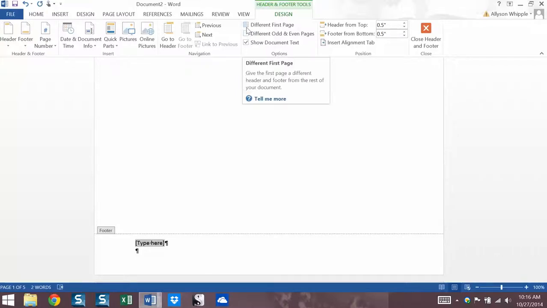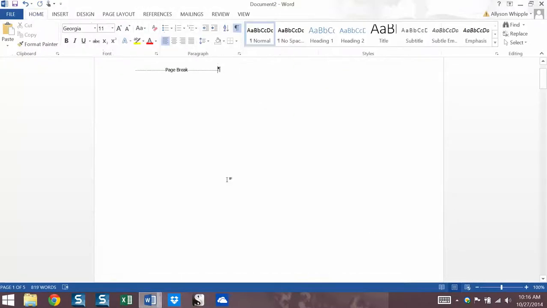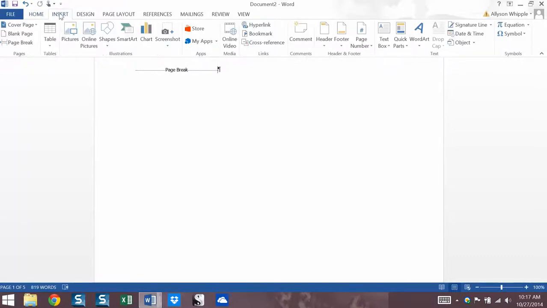A different first page would be if, say, you don't want page 1 to be the first page of your content. Say you want the first page to be like a cover page. Then you could go into the footer and click different first page, and it'll actually put in a different first page. Same with the header. So, when it comes to page numbers, this actually becomes an interesting thing in Word, because as we saw,